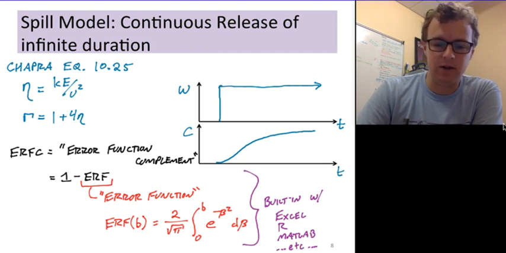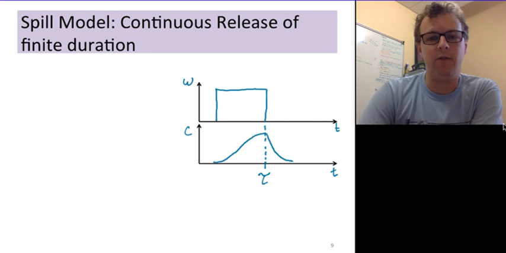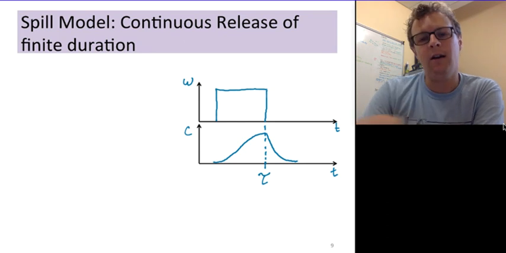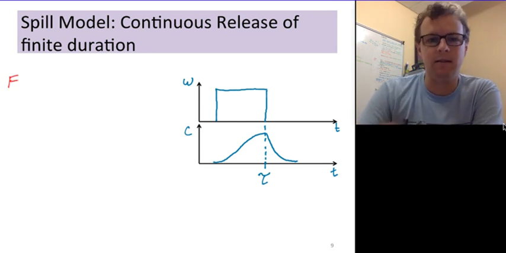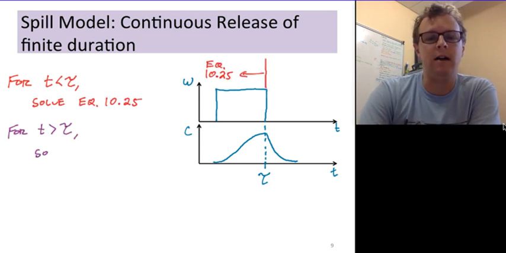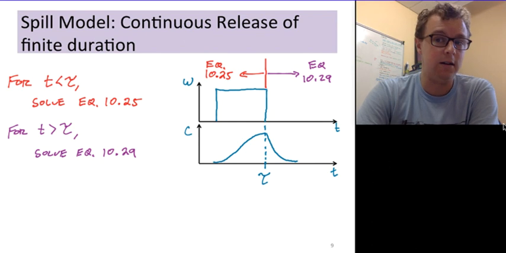So that's an infinite duration. What if we had a step load of a finite duration? So for example, a tank began to leak, it got empty, and then the load cuts off. We get a solution that looks something like this. For times that are less than tau, so times before this turns off, you go ahead and use equation 10.25 out of your textbook, just like you would have done for a step load. For times after what Chopra uses a tau to define here, use equation 10.29, which is an even uglier adaptation